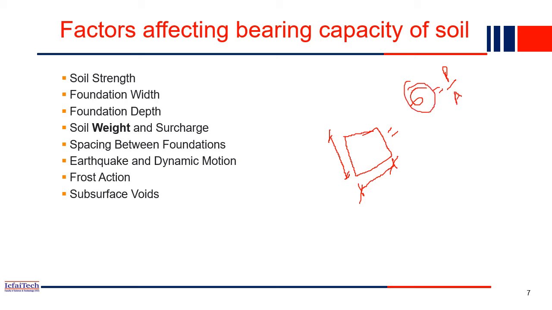So when the area, this transfer area, is very low, in that case what will happen? The area value is less, which means stress will be more in the surrounding soil. So soil may fail. Although you have high bearing capacity of soil, because of the less area of the foundation, the soil may fail because of load. Then the foundation depth. If you go deeper and deeper into the soil, the bearing capacity of a soil normally increases. So foundation depth also is one parameter.